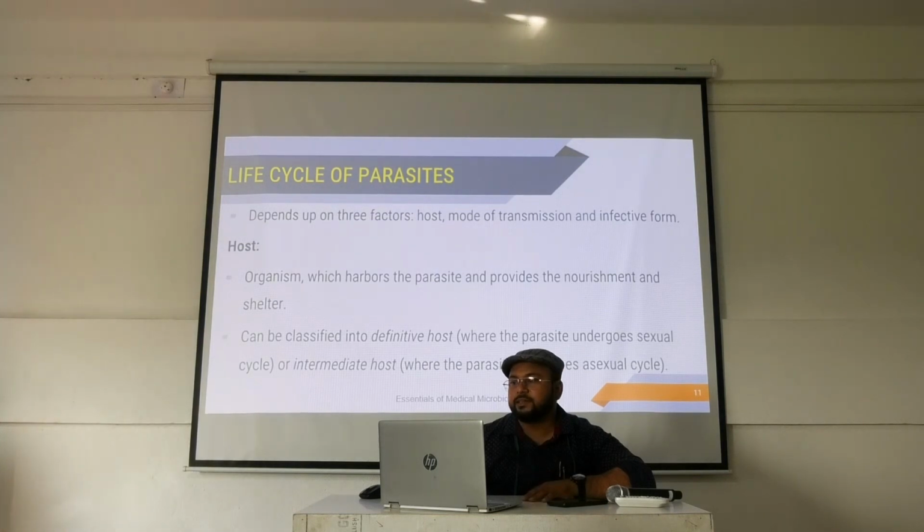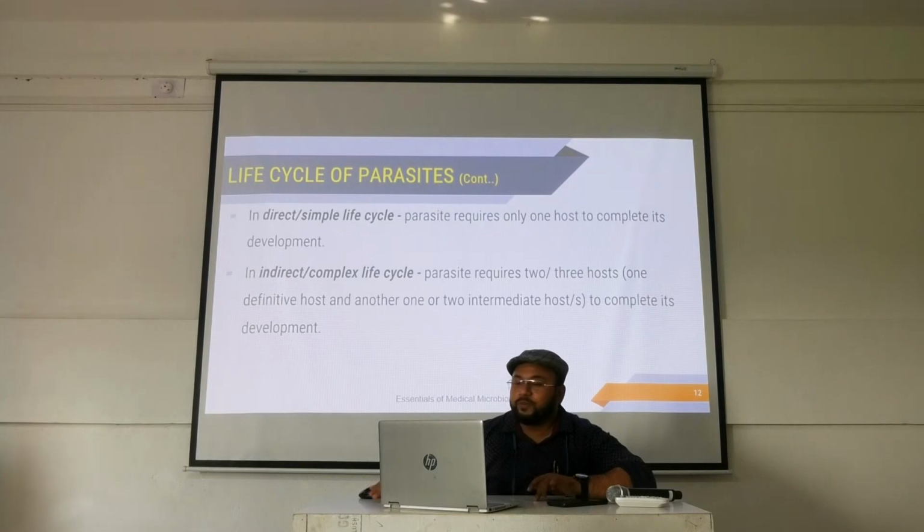ডাইরেক্ট লাইফ সাইকেল, প্যারাসাইটস রিকোয়ার্স অনলি ওয়ান হোস্ট ফর দ্যাট। তো ডেফিনিটিভ হোস্ট আর এখানে ইন্টারমিডিয়েট হোস্ট কিছু নেই। ইনডাইরেক্ট লাইফ সাইকেলস, প্যারাসাইটস রিকোয়ার্স 2 or 3 হোস্ট, 1 definitive host and another 1 or 2 intermediate hosts to complete their cycle. ঠিক আছে,